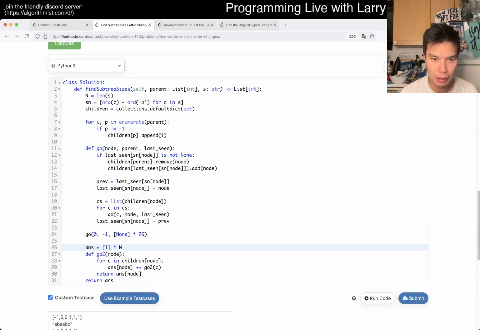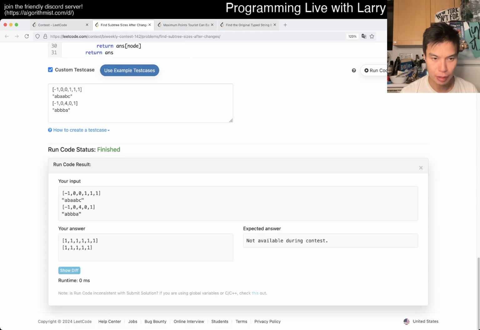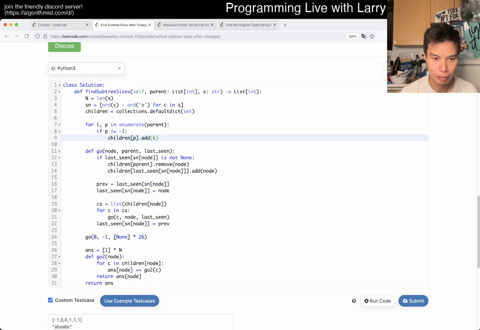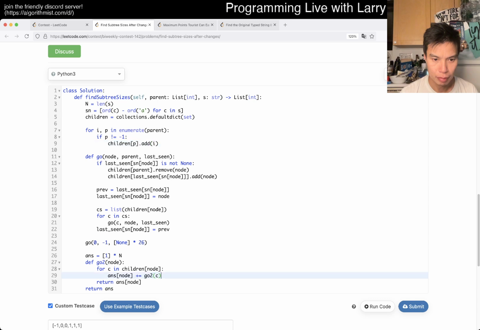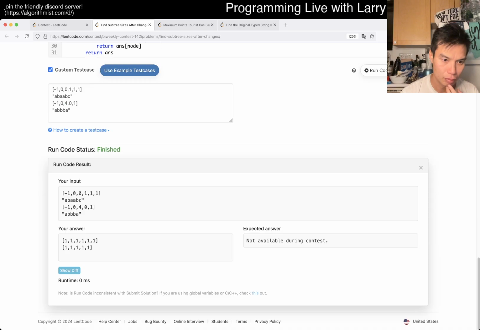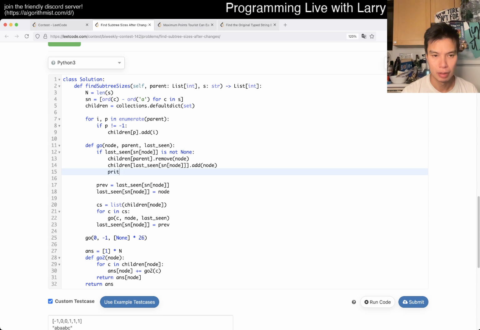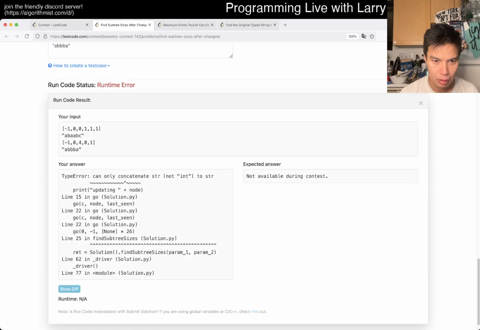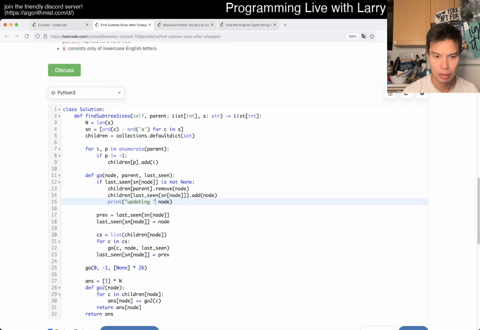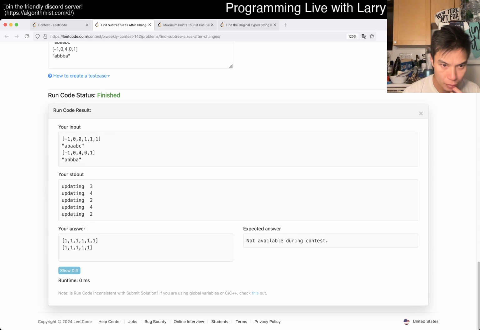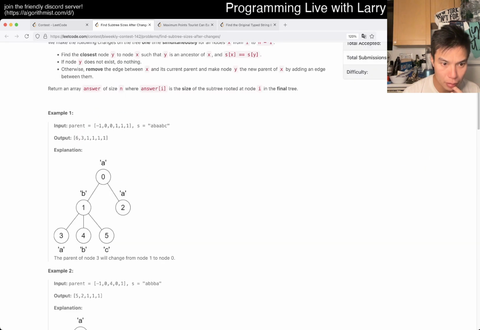Set have node append. Where am I appending? Oh, right. Oh, okay, well, that's not quite right. I mean, this isn't right anyway, I don't think, but... Updating 3.